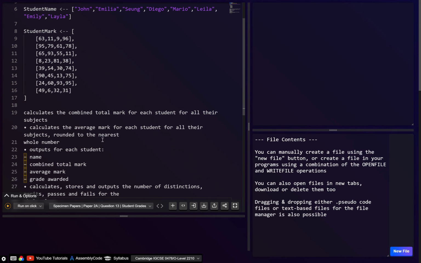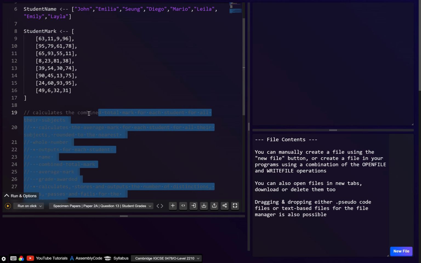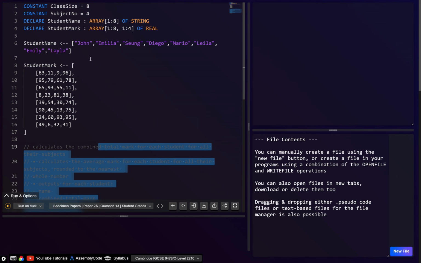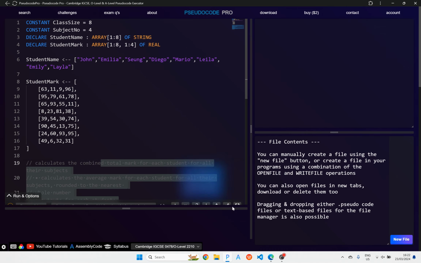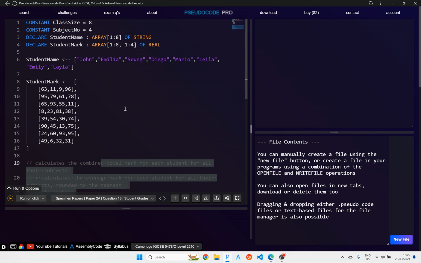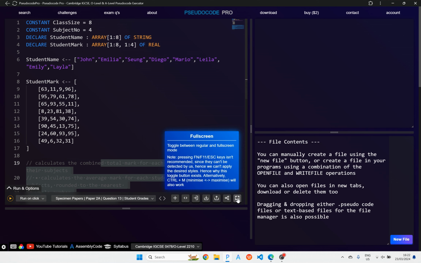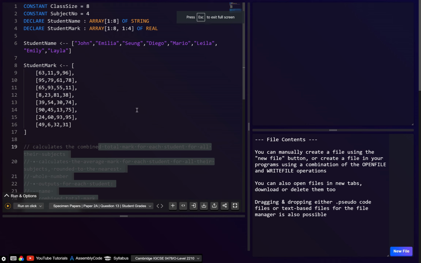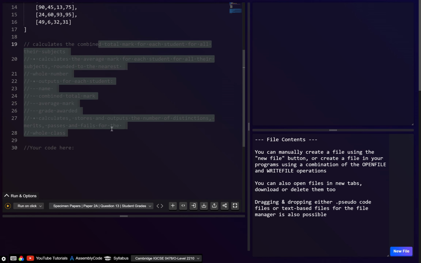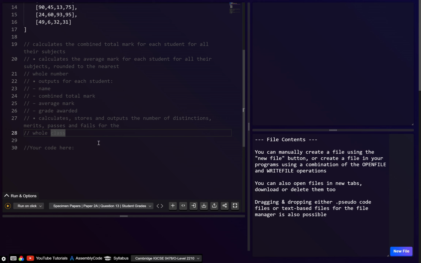Alright, so as always, let's just comment this. Right, as always, if you want, you can get this demo code. So you just go to the exam questions, alright, choose IGCSE, the specification paper A, and then you can get some demo code just like this. Right, so the first thing then we want to do,